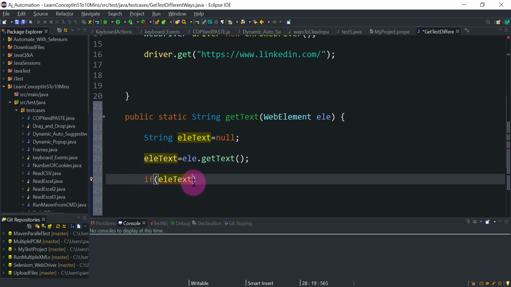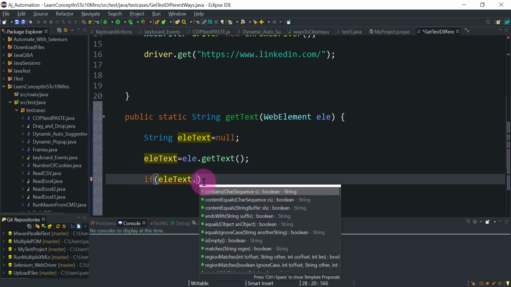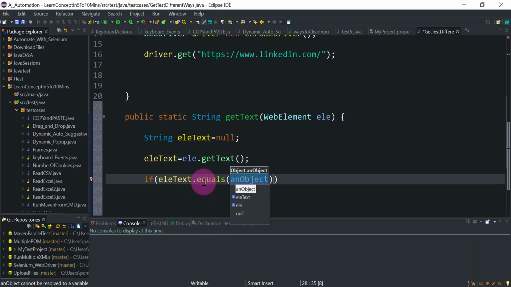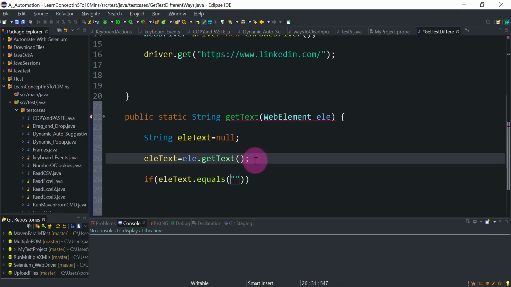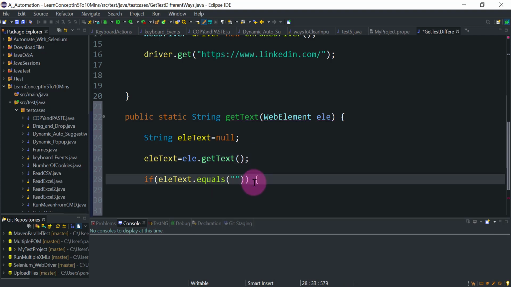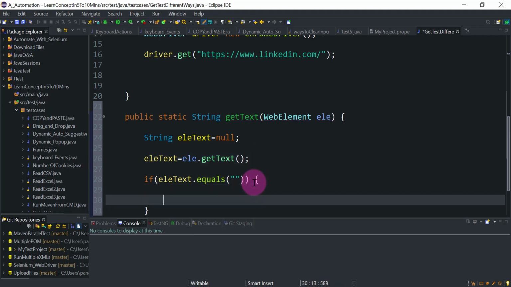That's why I'm going to use the if condition here. So if elementText dot equals blank, meaning we get blank with the help of getText method, then we will use the first alternative.